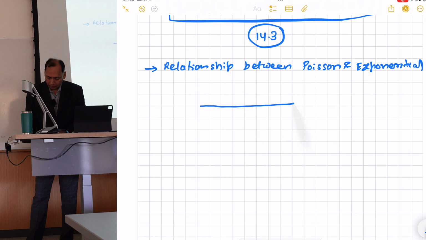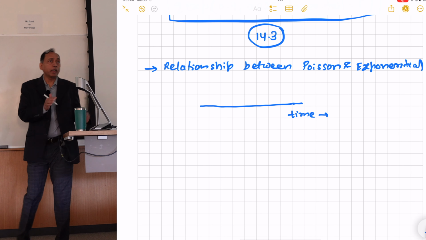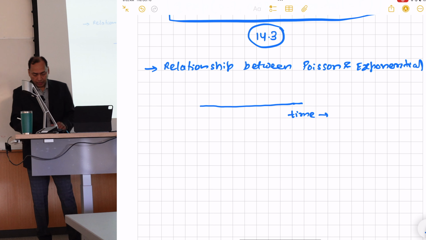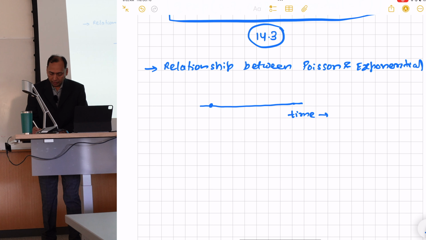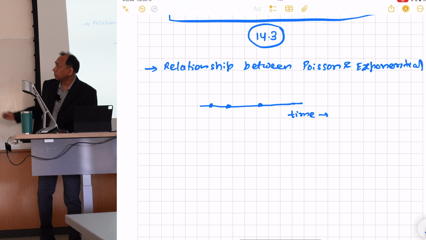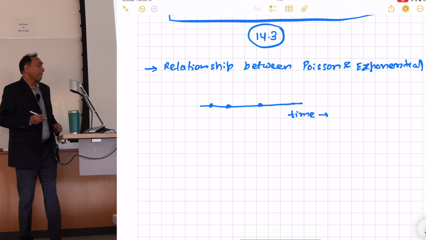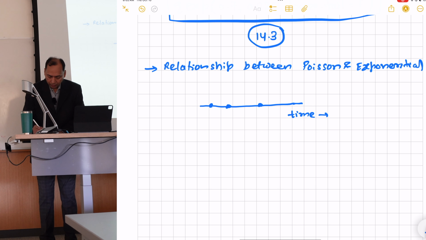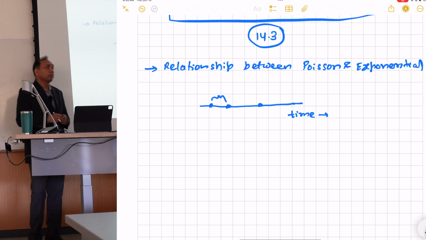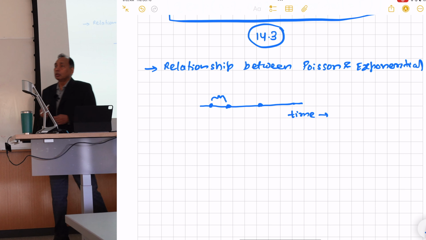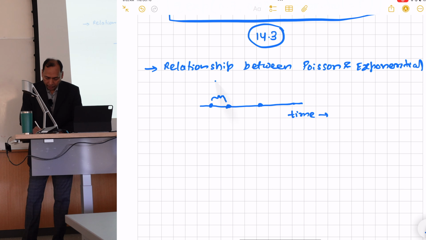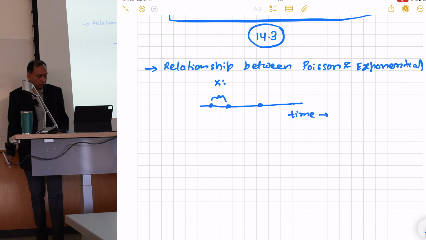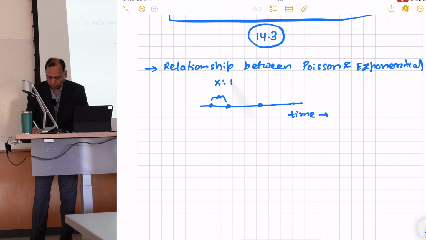And if you have, let's say, in terms of time, maybe the number of people who walk into a store, somebody is capturing that. So there may be one person, second person, third person, and so on, in terms of time. And if you are measuring the time between two customers that arrive at a store, so if you model that using a random variable X, time between two customers,